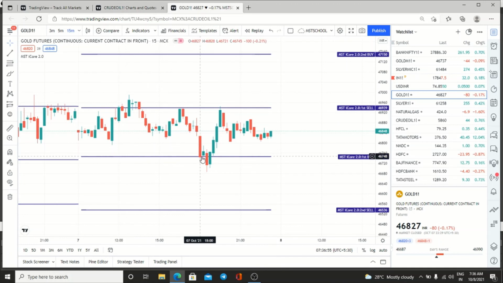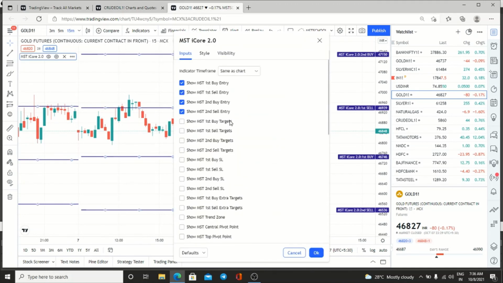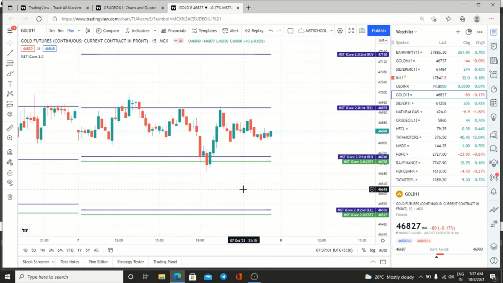This is the big target. If you want small targets, then you can enable the first sell targets. It also achieved successfully, and again from first buy to target hit. So here how to decide whether you have to go for re-entry or not. This red candle is telling we should avoid the buy, but immediately the next green candle is telling we should go for the buy when the high of the green candle has broken. So this is the method, very easy, right?